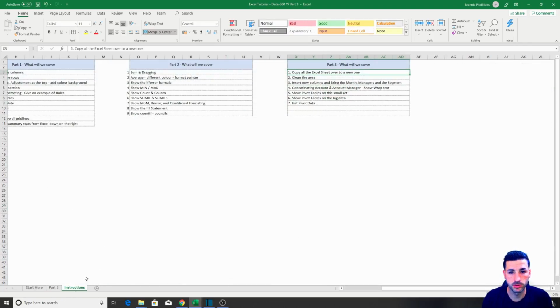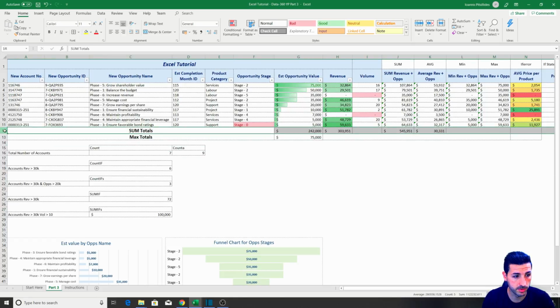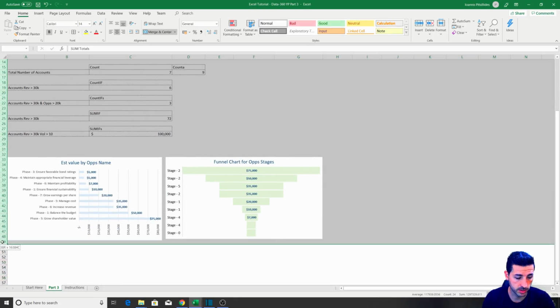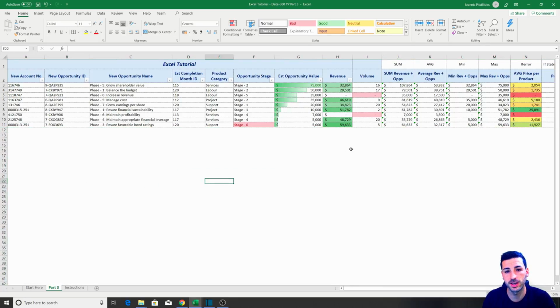And what we have to do in the instructions is clean the area so we can perform the lookups. What do I mean by that? I'm going to select everything from row 12 and under, which is the totals, and press delete. You've seen delete did not delete the grid line, so if we right click here and click delete, it's going to remove everything.